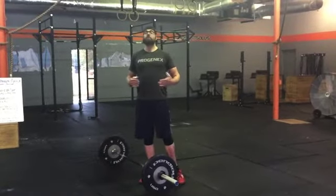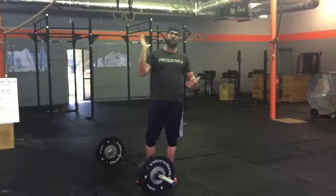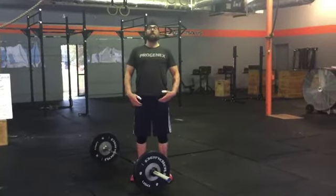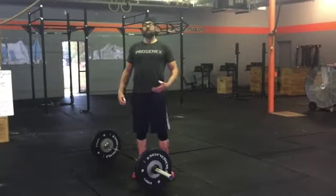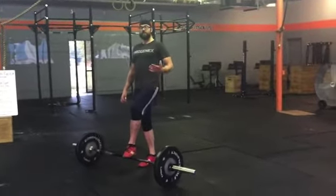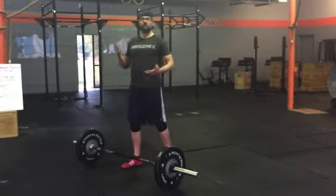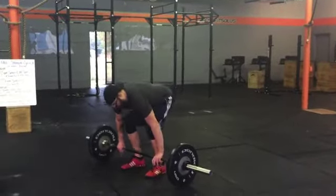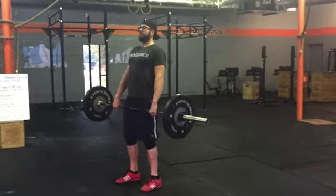What we're trying to eliminate are pauses at the shoulder and kind of a double take going down into that reset position at the hang. So I'm going to show here what good reps should look like. We'll be using varying weight and also doing higher and lower number of reps with this. I'll set here, and then